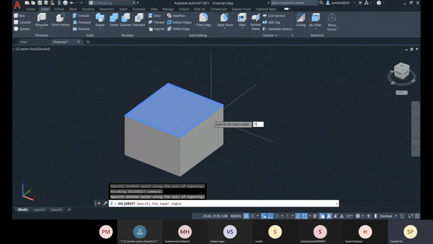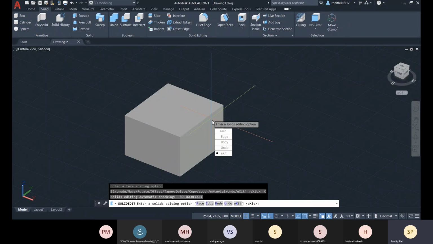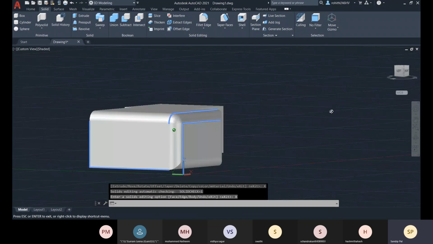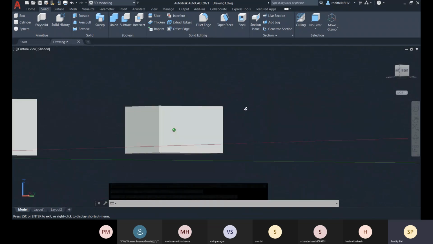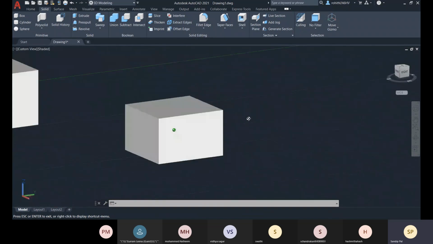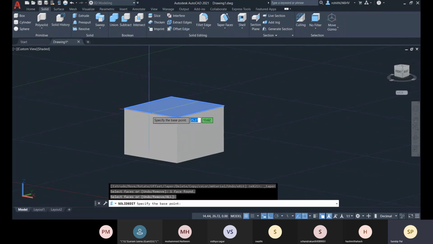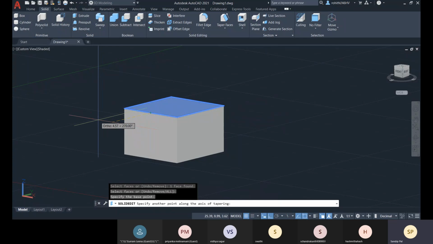Let me specify the taper angle 15, and yes, let me go with the bigger value, this one, and let me specify the point here and another point on the z-axis, and the taper value, let me go for 45.